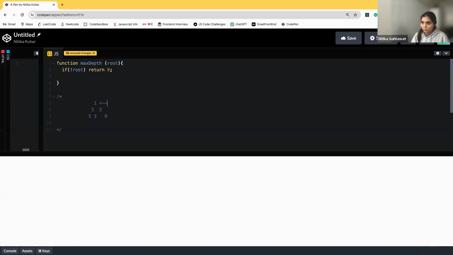Yeah, so there is one null value here as well. Now here is the root. So root is here, right? And we traverse till we find the leaf node. As soon as we find the leaf node, we will increment max depth, and we just keep going. And we also check if any node doesn't have any left or right child, we still increment our max